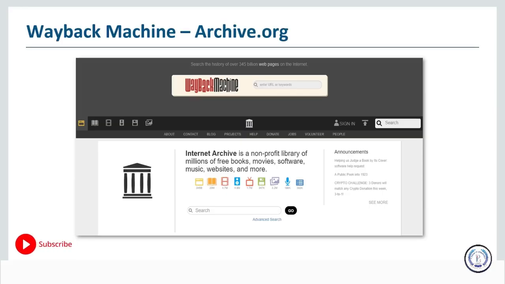Now, it used to be also that Google had the ability to pull up information that it had cached. For example, if a website was no longer available, or if it was temporarily down and offline, there was a little cache button that you could click when you did the Google search, and you could pull up that cached information. So even though the website wasn't available, you could still get information from Google's servers. Now, Google's removed that, so we don't have that ability any longer. However, there is an internet archive that we can use. This thing is called the Wayback Machine, and I have it open here.